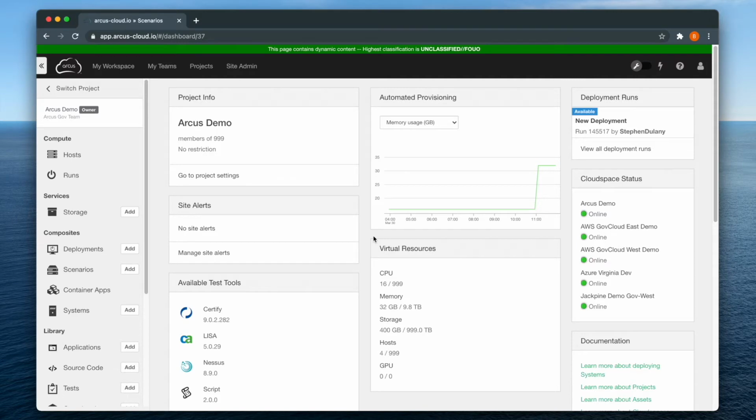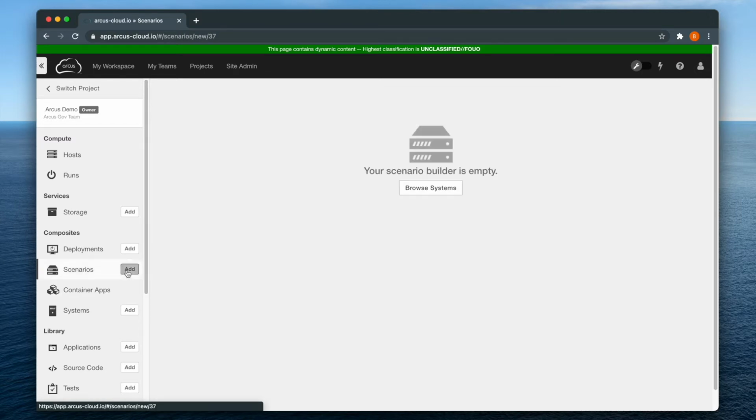In today's video, we'll cover how to create a scenario. A scenario consists of one or more systems, so if you would like to review the process for creating a system, follow the links in the upper right-hand corner of the video or in the video description down below. If you already have your systems ready to go, click the Add button next to Scenarios under the Composites section